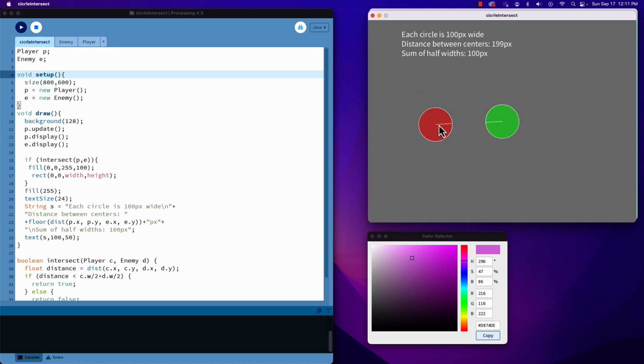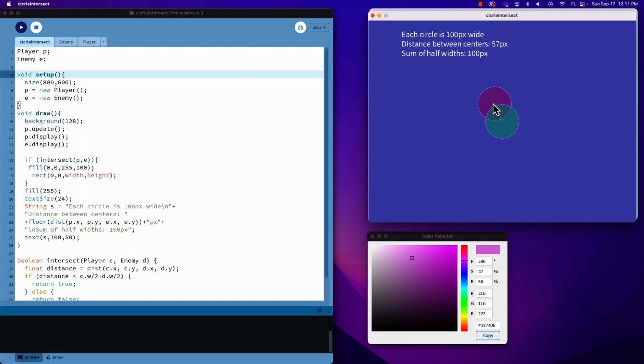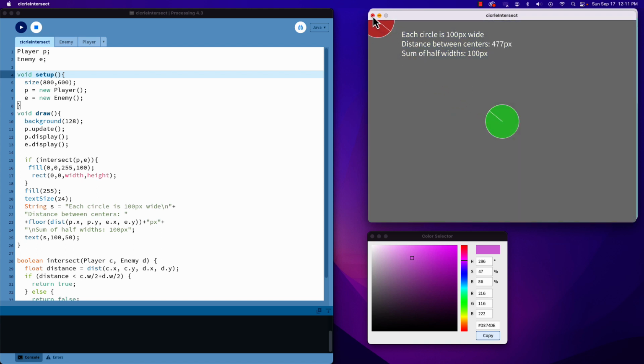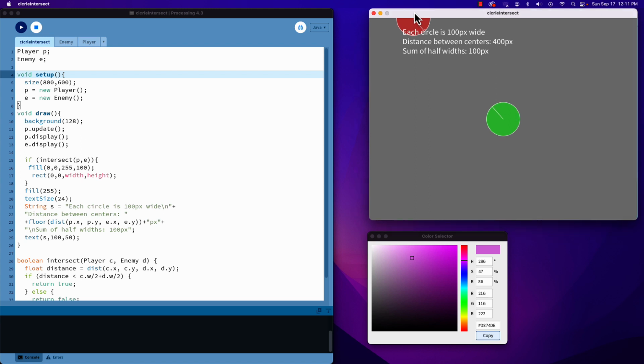So what we're calculating is when the distance between their centers is greater than each of their half widths, they're not intersecting. But when the distance between the centers is less than their half widths, which in this case are 100, they have to be overlapping, or an intersection or collision has occurred. So we're going to take a look at how do we write that code? How do we make that happen in our project? And the cool part about it is it's a pretty straightforward